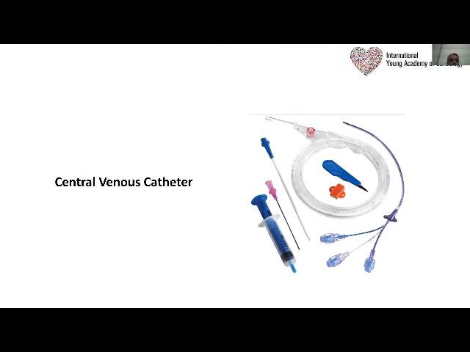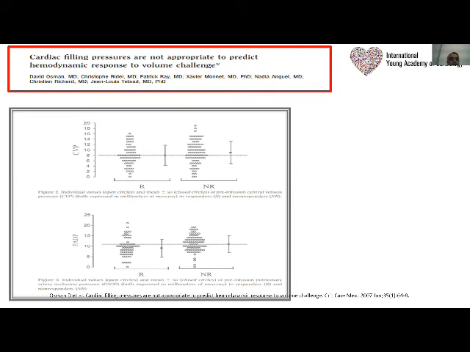So what about the central venous catheter? Central venous catheter was used for decades to get the cardiac filling pressure, especially on the right side, and to use this number to guide the fluid management of the patients. It's a very nice